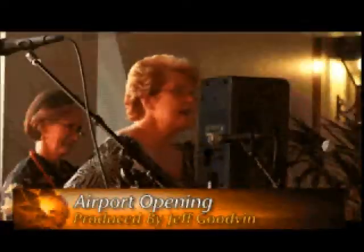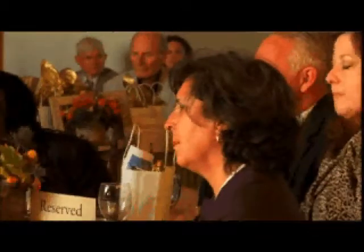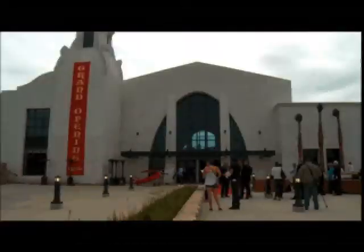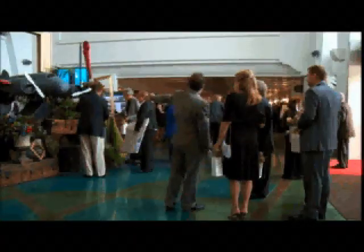Planning and design and construction of the terminal building has truly been a journey. This isn't just a City of Santa Barbara airport terminal. This is a community terminal. The red carpet was rolled out to celebrate the gala for the new Santa Barbara Airport terminal. Over 2 years in the making, the public was recently invited to come and visit the $63 million terminal building